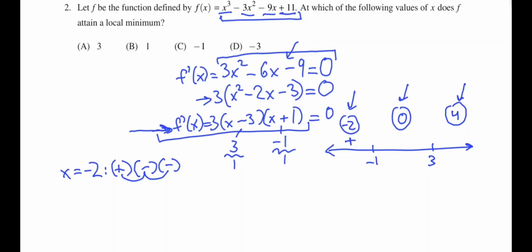All right, and now let's plug in 0 for every x in the derivative function to see what the symbol is. So 3 is positive, and then times we have, if you plug in 0 for the first factor, 0 minus 3 gives us a negative quantity, and then 0 plus 1 gives us a positive quantity. And we know that positive times negative is a negative, and negative times positive would be an overall negative symbol. So the 0 would give us a negative number,